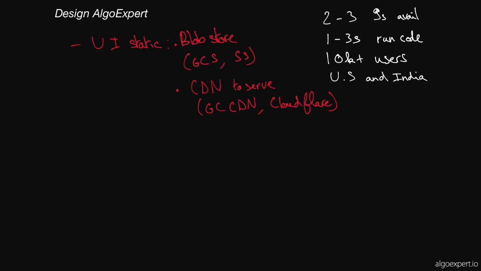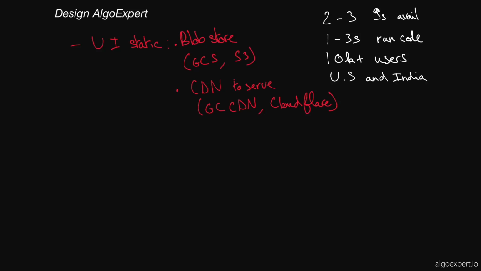And since we said that we cared about the regions so much, like US, India, etc., I'm thinking that a DNS load balancer right off the bat would be a good approach. So wherever a user is, depending on their region, we're going to have a DNS load balancer reroute that user's request to a cluster of servers in that user's given region, and we would probably have two or three major hubs, like one in North America, one in India, and one in maybe Europe if we think Europe is an important region. Does that make sense? Yeah, I think that's great.